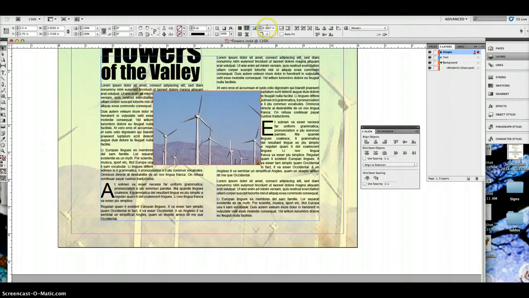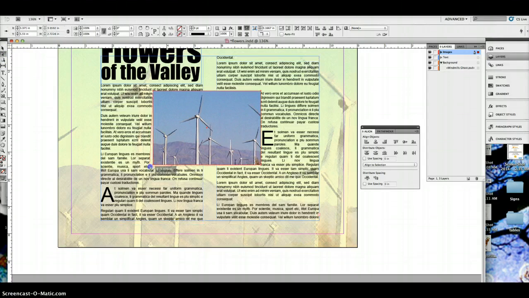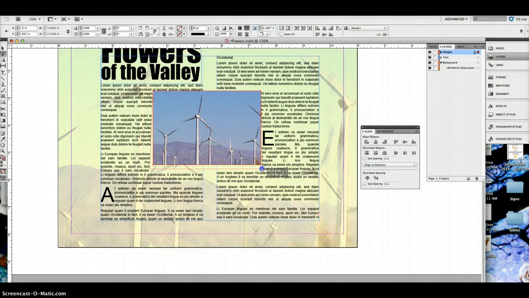We want to have it stretched out a little. We can do so. Another way to manually do that, if you grab your direct select tool, you can click and drag to where you can see the space in between the text